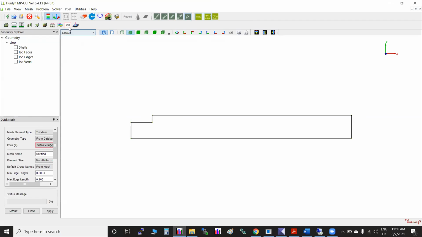Okay. So we are trying to add features which can save our time, right? So we know that this is a 2D surface. It can be created with triangular mesh only. Okay, we cannot create tetra. So for that we will see. But it asks for input as a face, which is here.